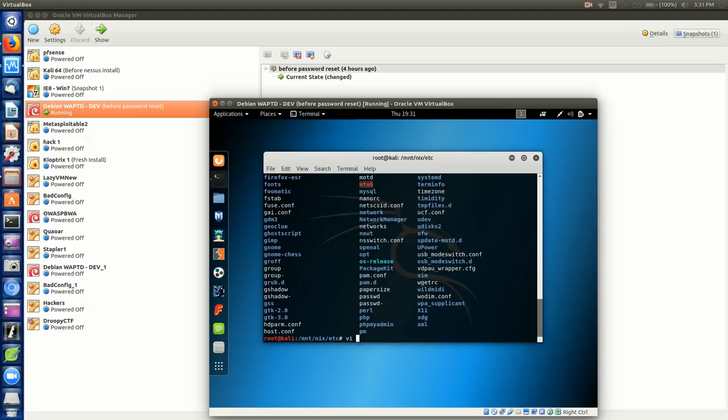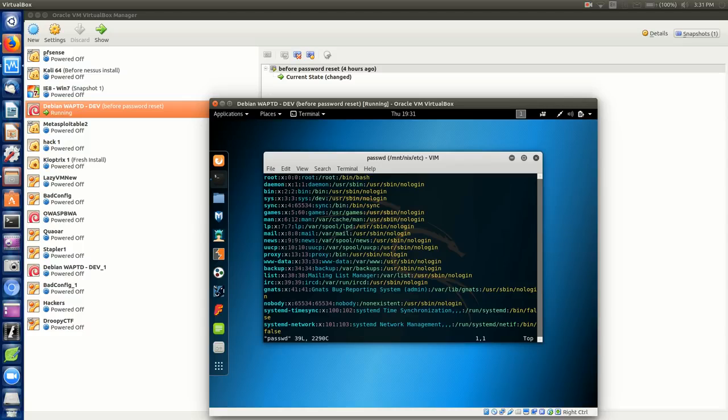So I'll go ahead and vi passwd and hit enter. Now, inside here is where you can see a lot of good information. You'll notice here the root account is at the top, and where this x is right here specifies that it has a password. Now, this was set up by default, so right here we can literally take away that x